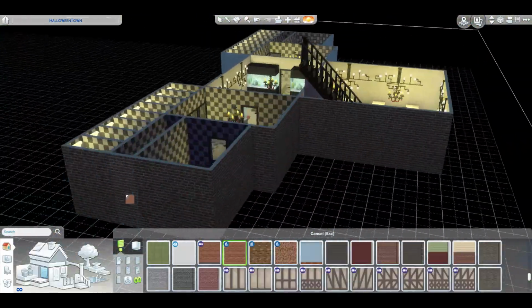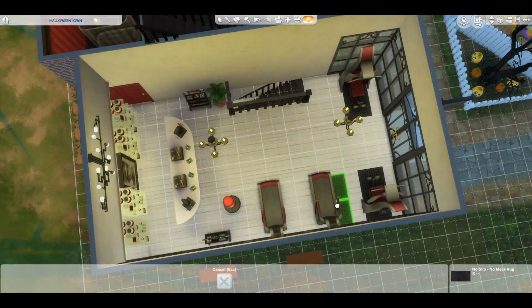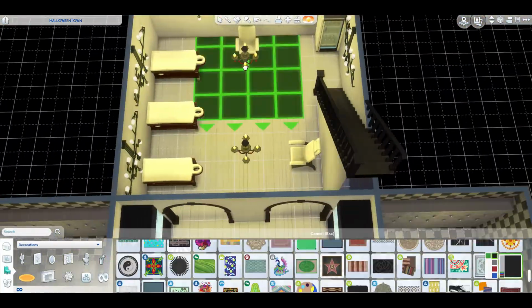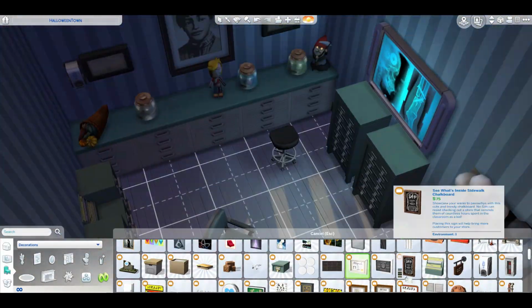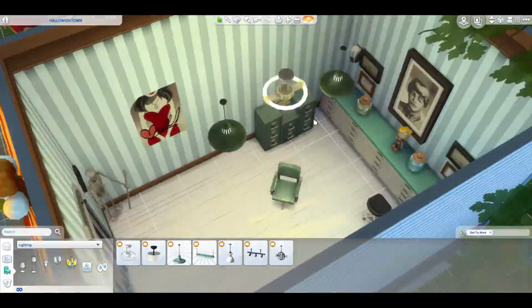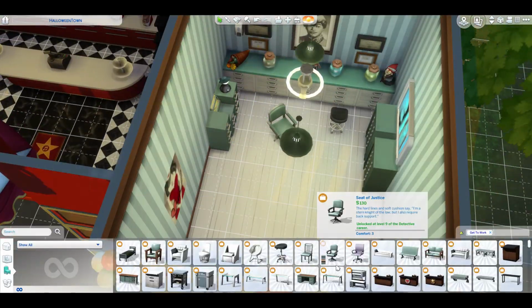I really like these industrial lights, but the fact that it's in the basement and then putting that chair by it, it's like a massage chair, but it really does end up reminding me of an electric chair. I thought that was kind of funny, because again, we're doing Halloweentown, right? But it's Halloween-y themed, and it reminded me of the Addams Family, where they have that electric chair in their house. Oh, excuse me, I bumped my table. Anyway, this